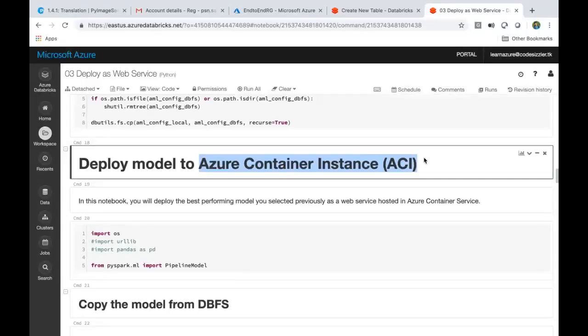At least in terms of, maybe it can be for web apps and different things, there's a different use case. But the main intention of having Kubernetes in a production environment is that we make sure that the REST API is scalable enough to handle anything. So to have that, we should have a better Kubernetes system which can scale up and scale down automatically, which is not possible in container instances.